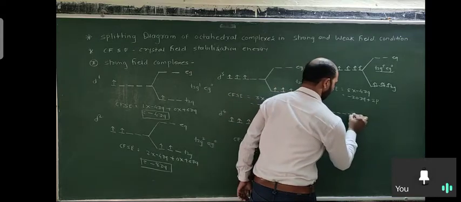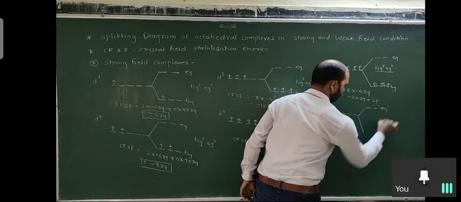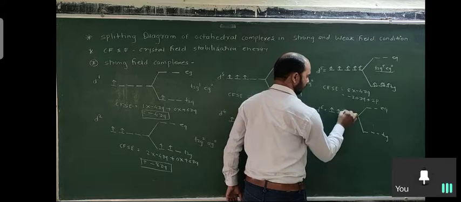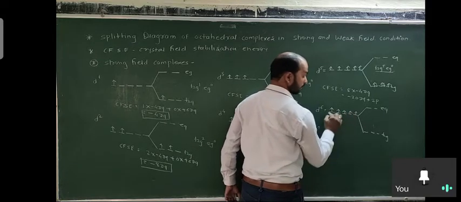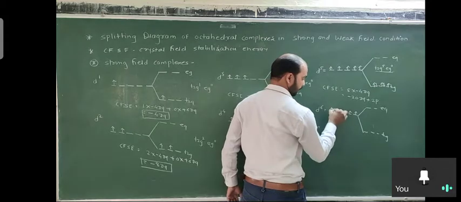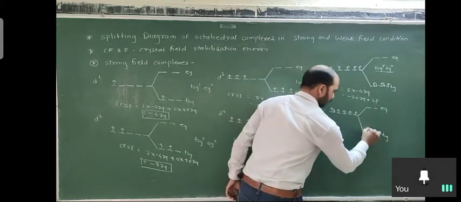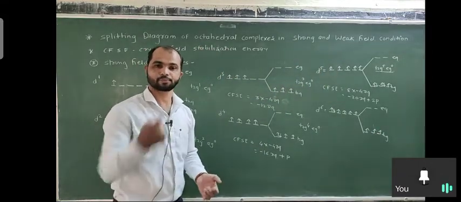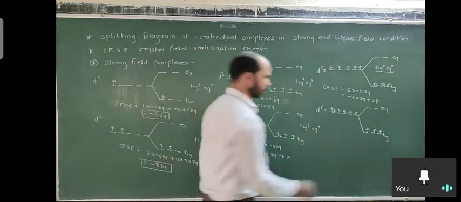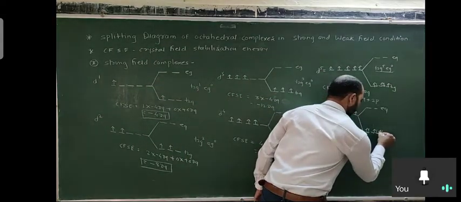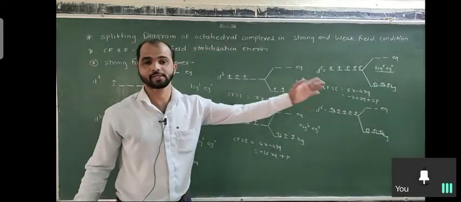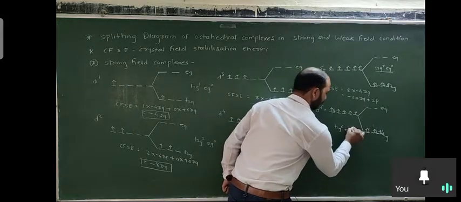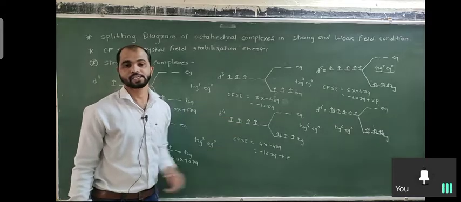1, 2, 3, 4, 5, split into 2 states. Here is the eg, 1, 2, 3, here is the t2g. So mention here 6 electrons. Some students make a mistake here. How to draw the 6 and fill up the electrons? First draw 5, then the 6th one is here. So first, second, third. Condition is strong field, which means the fourth, fifth and sixth ones also pair in t2g. So what is the configuration? t2g has 6 electrons, eg has 0 electrons.